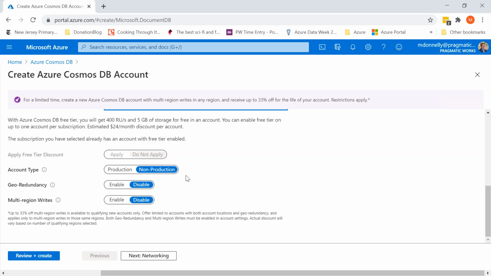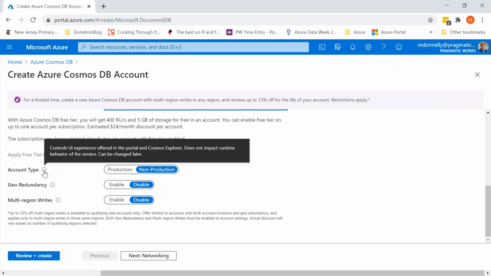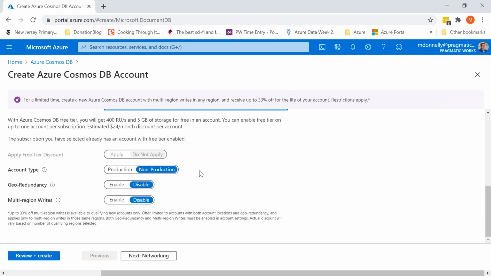Account type, production versus non-production. If you look at what the information there is saying, it basically doesn't impact how the account will work and how the containers and documents will work within that. It's more about how the UI is going to respond. So far, as near as I can tell, the only thing it really does is, if you choose production, and maybe there's some other stuff going on that I haven't bumped up against,